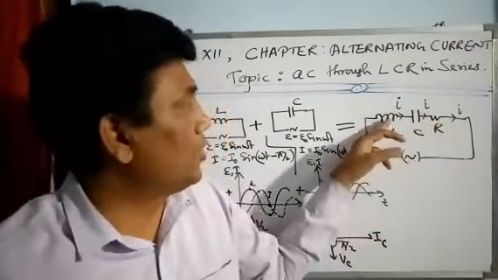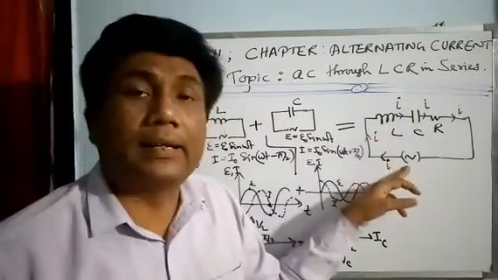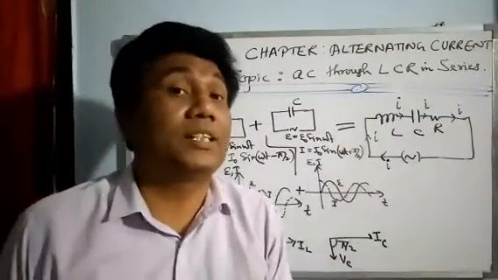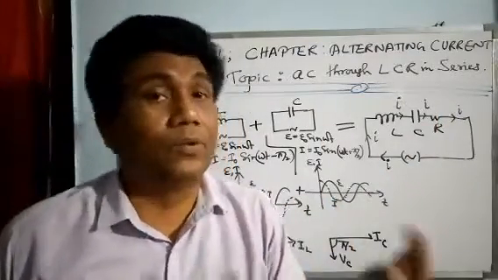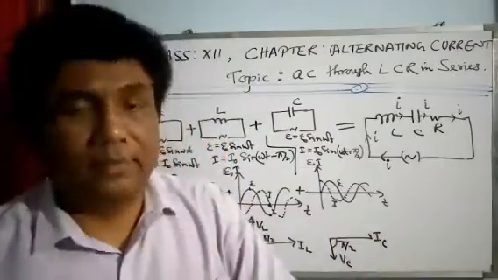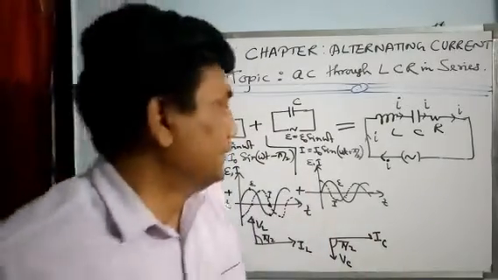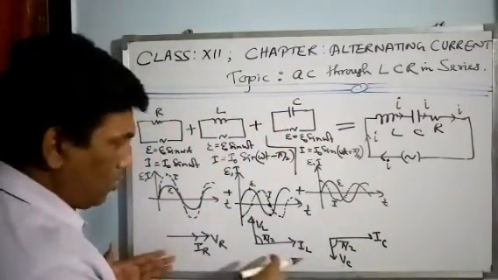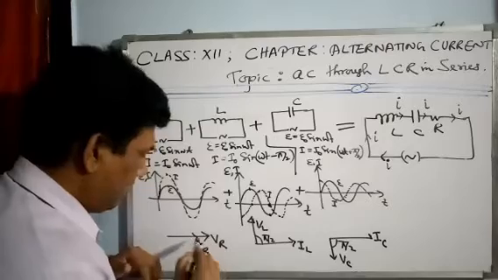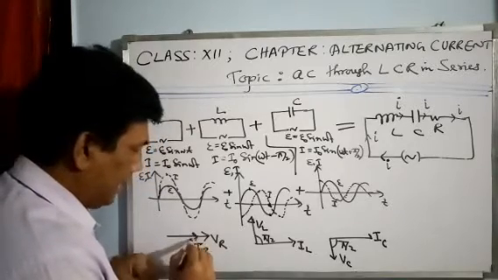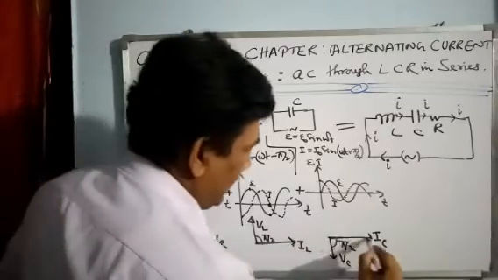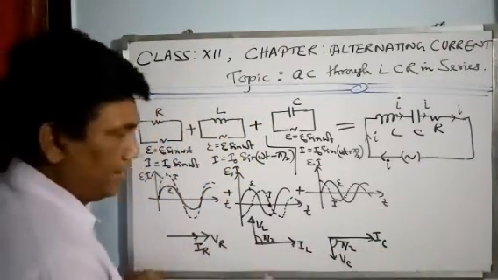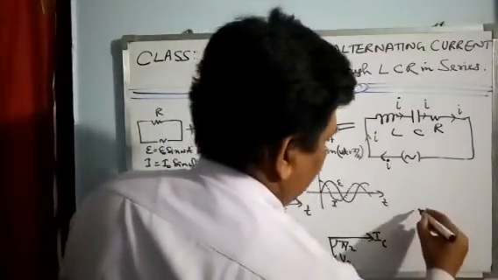Phase difference between the current through the capacitor and the total current is also 0, because they all are in series. So the current must be the same. If it is maximum, it is always maximum. If it is minimum, then for everyone it is minimum. Good. So that is why I am plotting all three phasor diagrams, taking current along the x-axis, so that I can see any phase difference. I don't see any phase difference between I and I. So let me draw this I here.